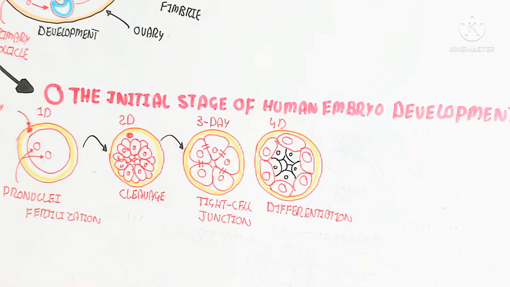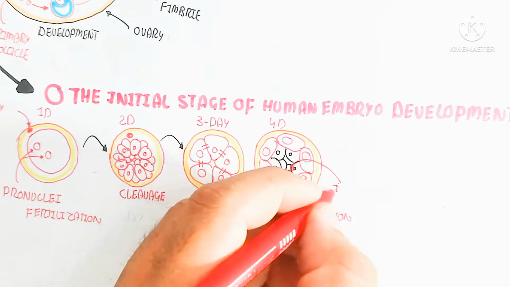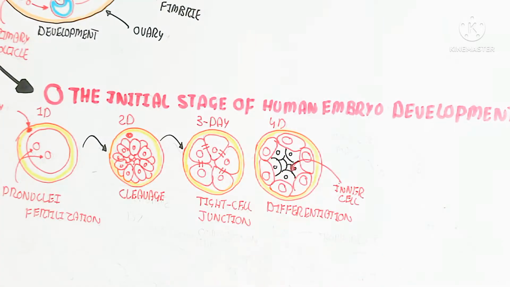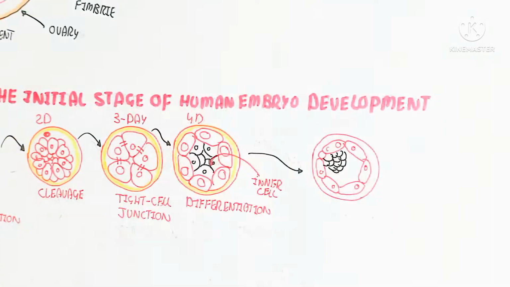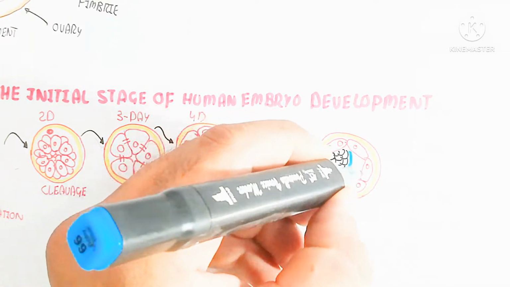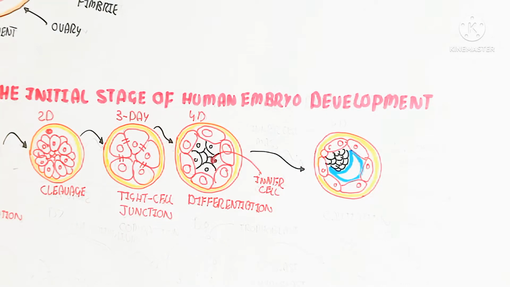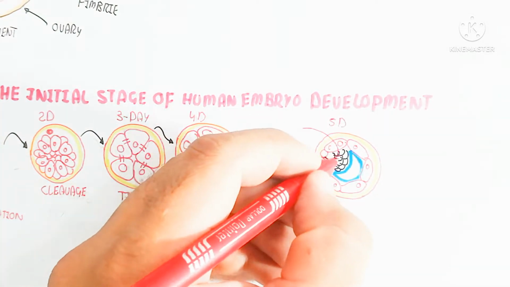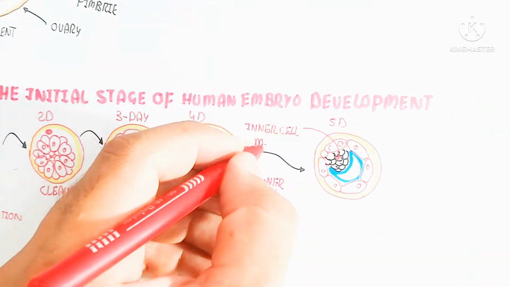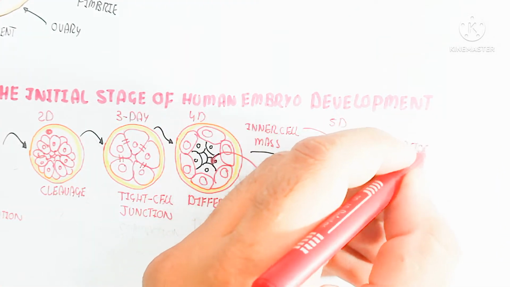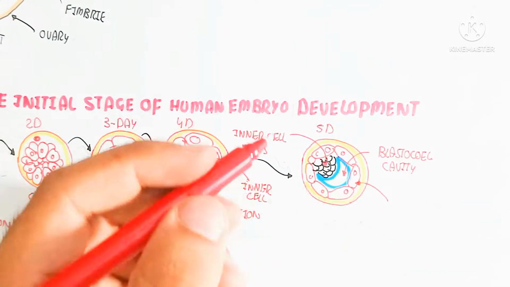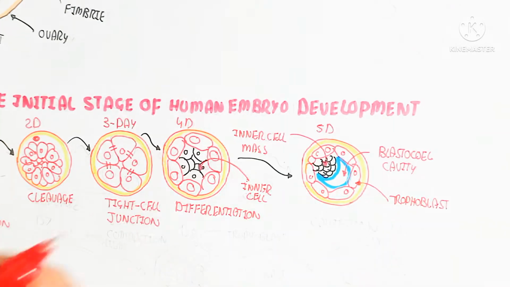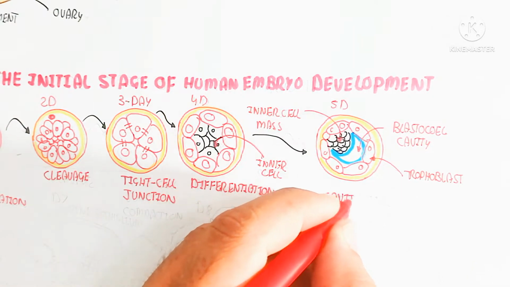On the fifth day, the inner cell mass will form. The inner cell mass goes to the side and compacts, and the blastocoele cavity is formed. The outer layer of cells is known as the trophoblast. The outermost covering is known as the zona. After this, zona hatching will occur on day 6. On the sixth day, zona hatching removes the outer covering of the